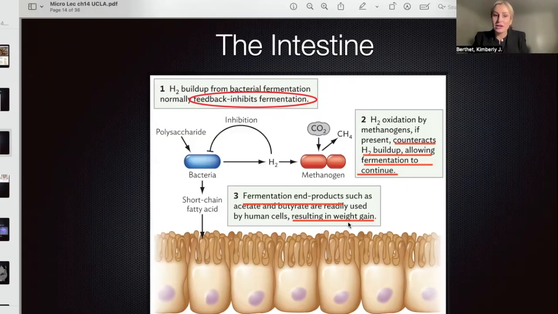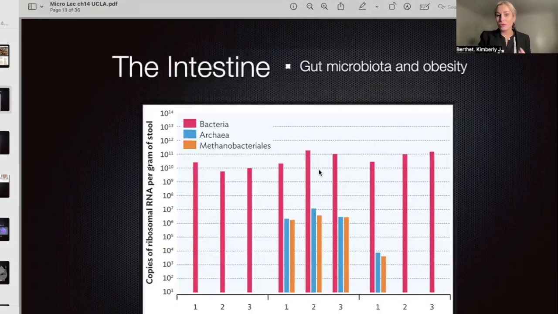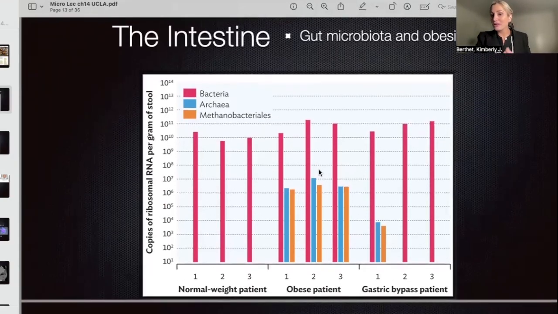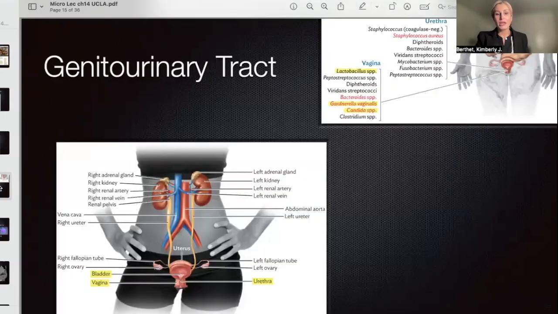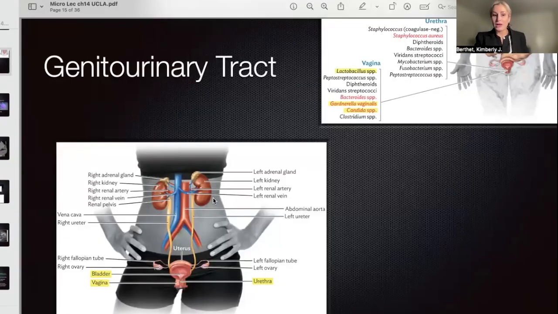What's really interesting about this is when you hear dieting in the media, you hear metabolism, we hear calories in, calories out. Well, it's actually a lot more complicated than calories in and calories out, as we see here. Our microbiota actually is regulating how we gain weight. So looking at what kind of microorganisms are in our body might actually change how we can handle healthy weight loss. Okay. Let's go ahead and move to the genitourinary tract here.